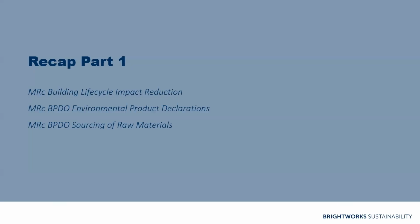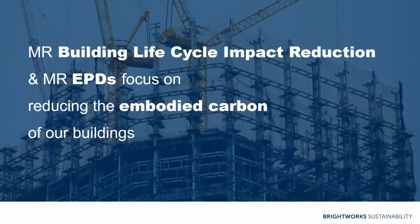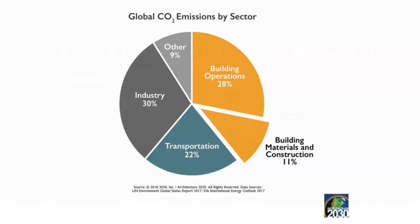Okay, so to recap part 1, these credits really focused around embodied carbon and how we can optimize our buildings to have a reduced embodied carbon footprint. This is really important because according to Architecture 2030, building materials and construction contribute at least 11% of global carbon emissions, and buildings as a whole contribute around 40% of total global carbon emissions, which is just a huge chunk of the pie, and it's honestly probably quite